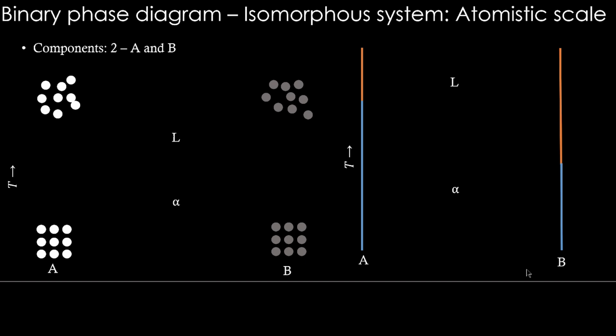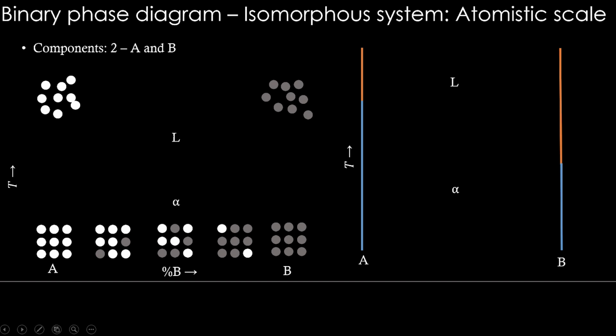Alright, so what happens when B is added to A? Percentage of B, let's increase from left to right. This is the atomistic picture where B atoms, the gray atoms, replace the white atoms, the A atoms. So you can see the content of B keeps on increasing from left to right. But what is important is that the alpha structure doesn't change. Let's say this is some FCC structure, but that doesn't change as we keep adding B, and B is also in FCC structure. So we don't see any crystal structure change. It's just complete solid solubility going from left to right.